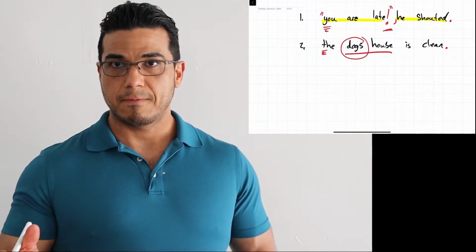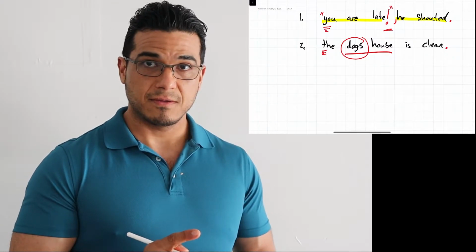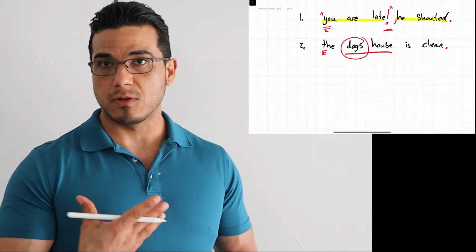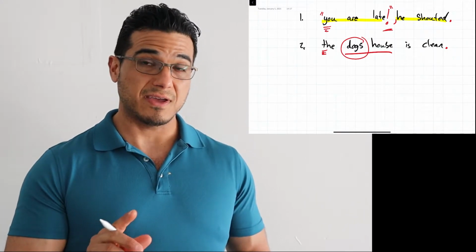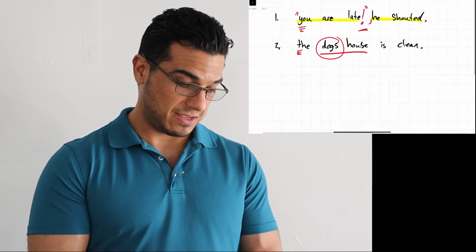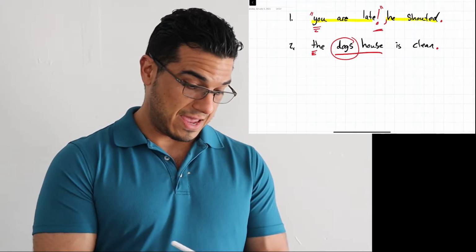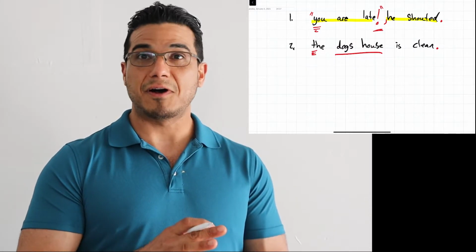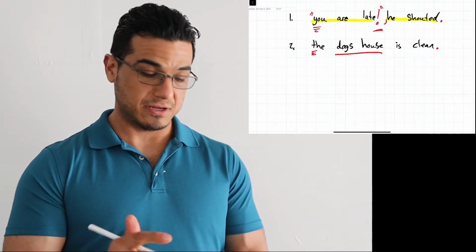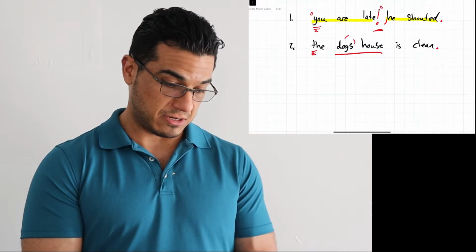Like, oh, we're talking about all these dogs who have a house, and it's clean. However, if we're talking about more than one dog, and we want to show that something belongs to them or they possess something, the rule is to use an apostrophe. However, for a plural, meaning if it's more than one dog and they own something, you would end the word, excuse me, let me switch over. You would follow the S of the plural for dogs, with an apostrophe to show that all these dogs own